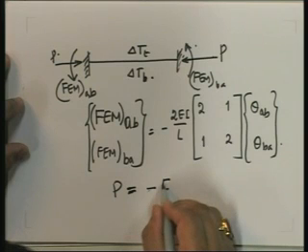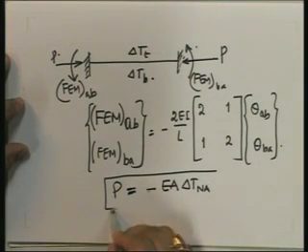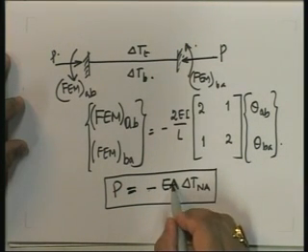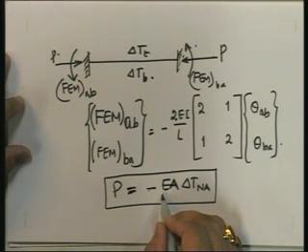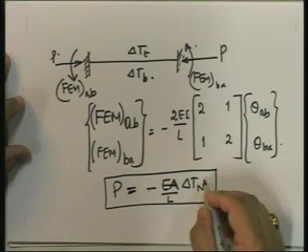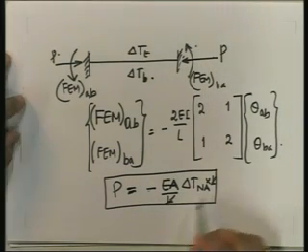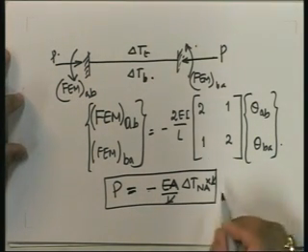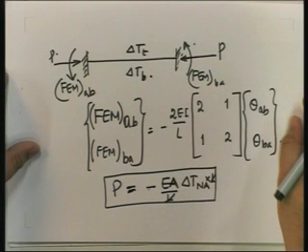This is equal to EA delta TNA, sorry, delta AB, EA by L into delta TNA L. So L, L cancels, so this becomes EA delta TNA. I'm not going to go into this, but let's see what this comes out to be. I'm going to plug in the values of this thing, and therefore